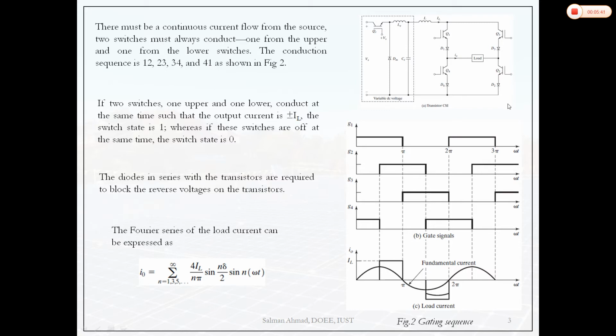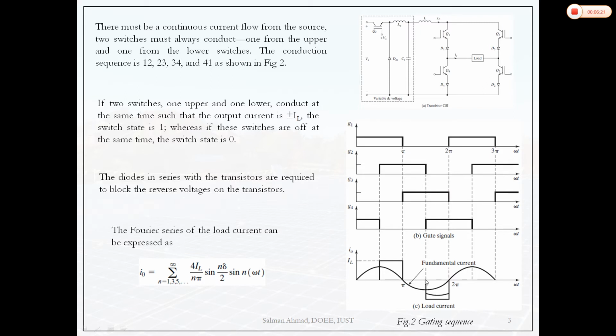Okay, similarly whenever G1 and G4 are conducting, we have to supply gate pulses here, and Q1 and Q4 are conducting. So in that case the current is bypassed, so the load current will be 0. You can see here the load current is 0, then it is plus IL, then again it becomes 0 because G2 and G3 gate pulses are applied. So G2 you can see here, and G3 will be here. So the current is bypassing again to this load, so in that case also the current through this load will be 0.